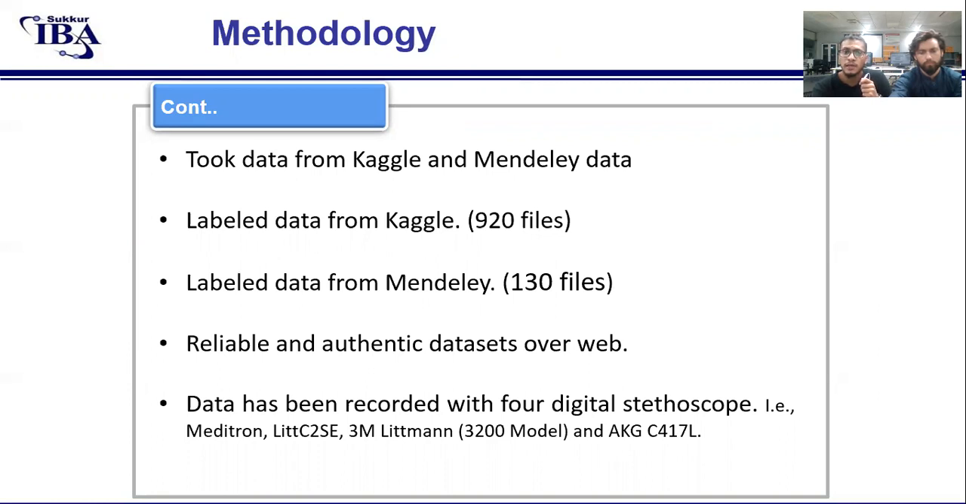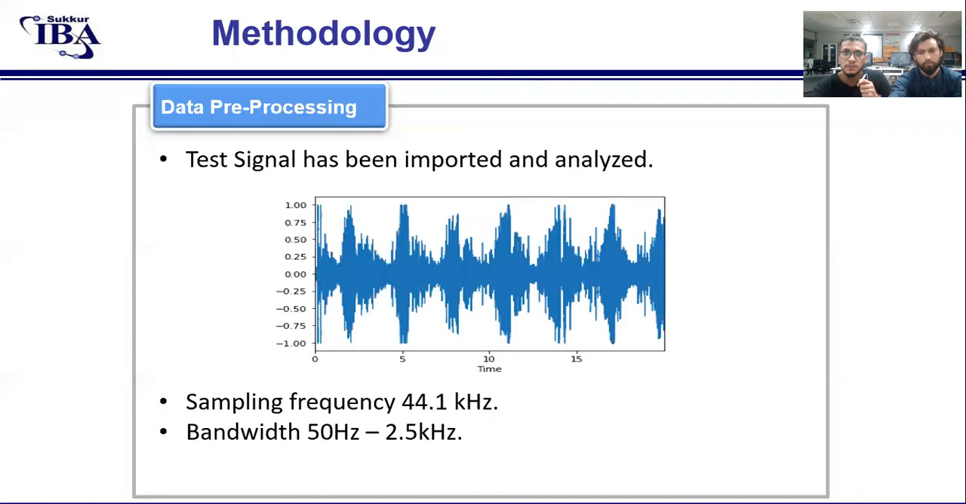These were a reliable and authentic data set from all over the web. The data we took has been recorded with 4 digital stethoscopes, that is Meditron, LitC2SC, 3M Littmann, and AKG. The second step is data pre-processing, in which we import the test signal and analyze it at a sampling frequency of 44.1